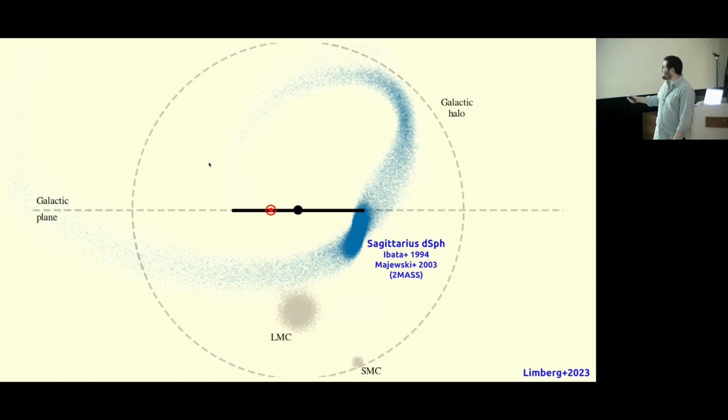And I'm going to start by going through several disrupted accreted dwarf galaxies that have been discovered throughout the history of astronomical surveys. Specifically, this is not going to be in chronological order of accretion event, but by chronological order of discovery. And the first tidally disrupted galaxy that has been discovered was this one right here.